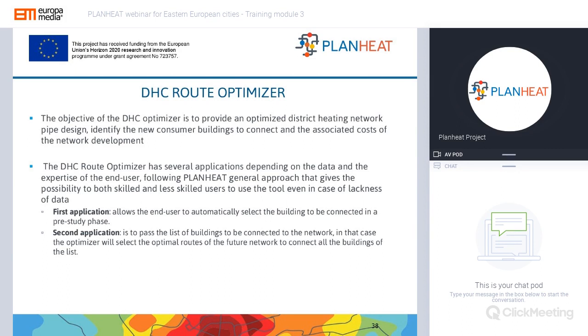The DHC route optimizer has several applications, but first I would like to say that the first application allows the end user to automatically select the buildings to be connected in a pre-study phase, while the other application is to pass the list of buildings to be connected to the network in a case when the optimizer will select the optimal routes for future networks to connect all the buildings in the list.